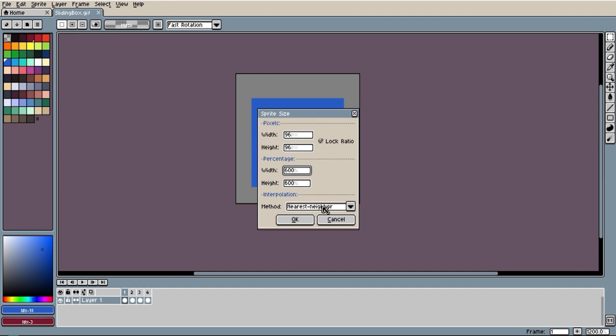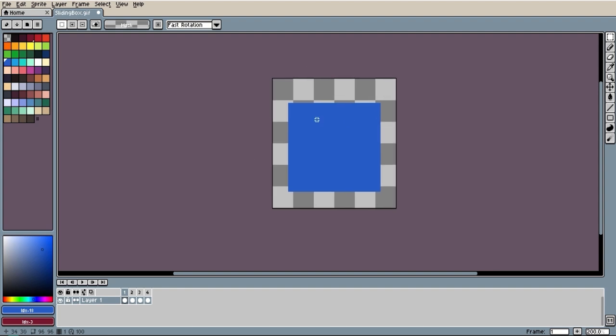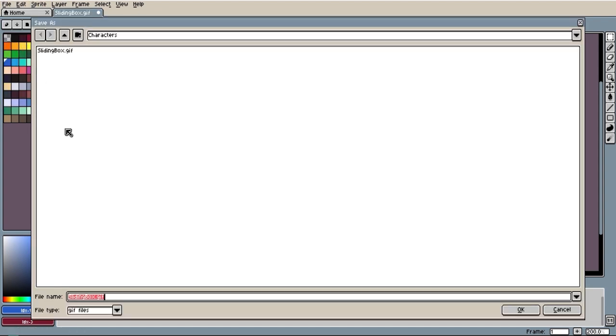Make sure that nearest neighbor is selected, as if you do have one of the other options, you might get a blurred photo. So I'm going to click OK on nearest neighbor. And now this is 6 times the size of our regular image. And we can do the same thing. File, save as, and I'll just save this as